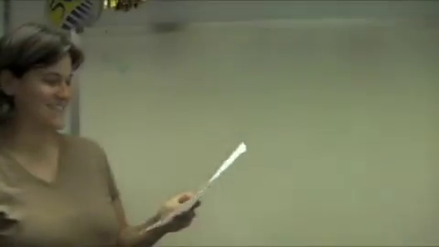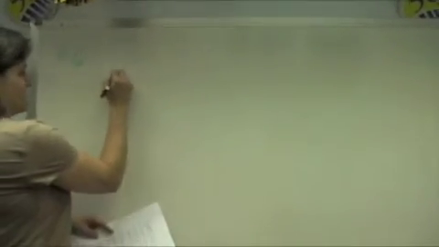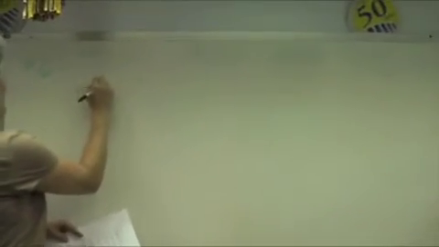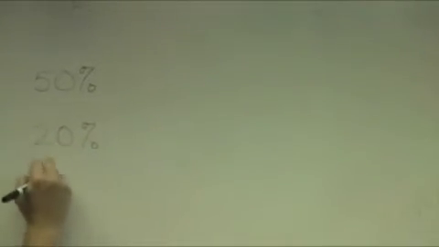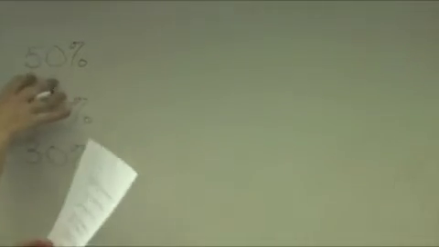In number 6 on the worksheet, we're given some probabilities. We're given the 50%, 20%, 30%, and then we're given some other probabilities I'll get to later. This first 50%